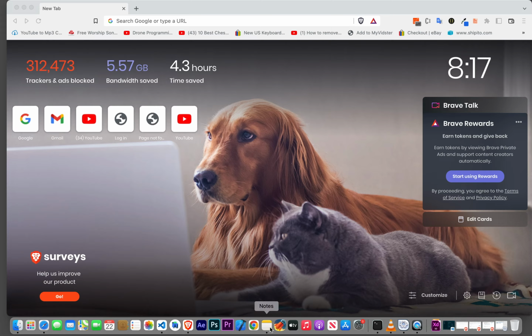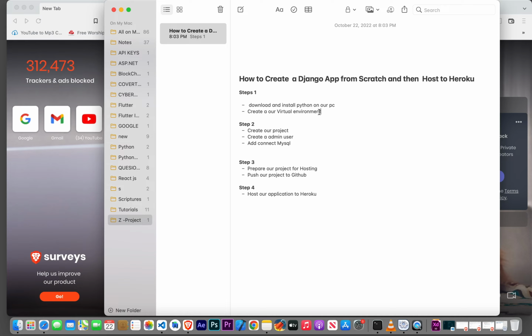And second, we'll see how we can create our virtual environment that we are going to be using for our different projects. Then step 2, we'll see how to create our project and create our admin user and also connect MySQL DB to our